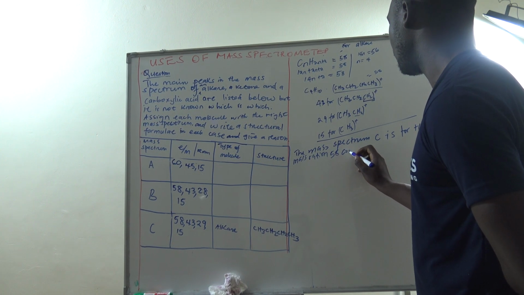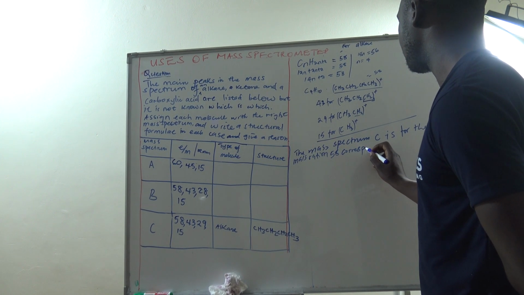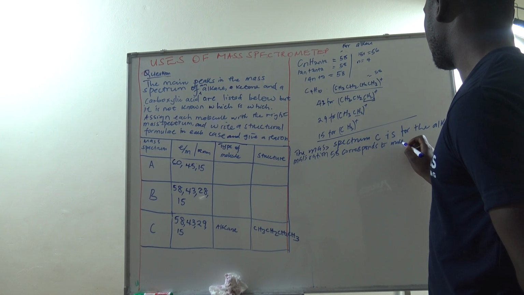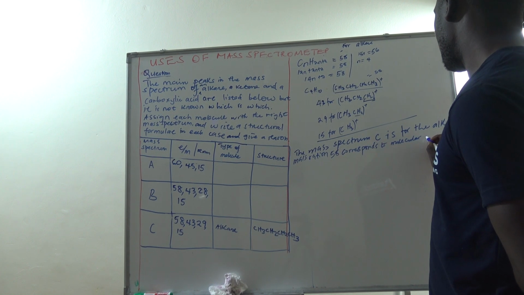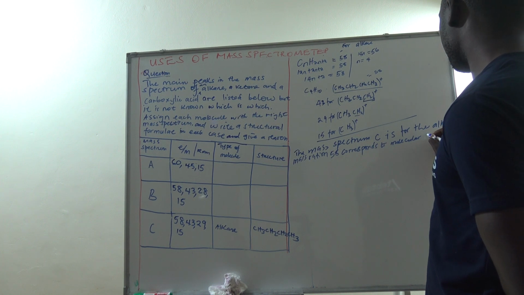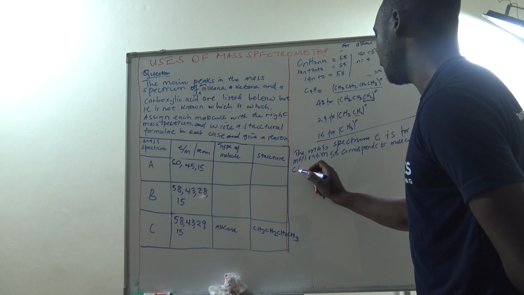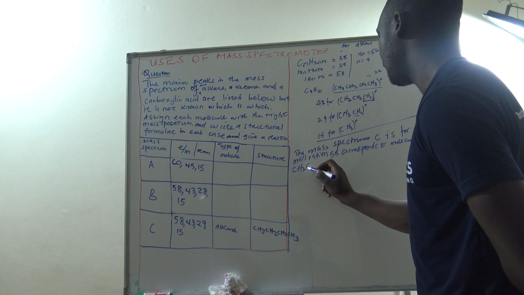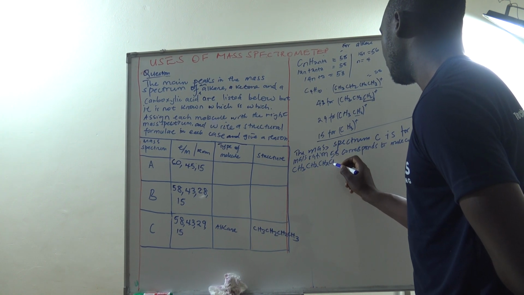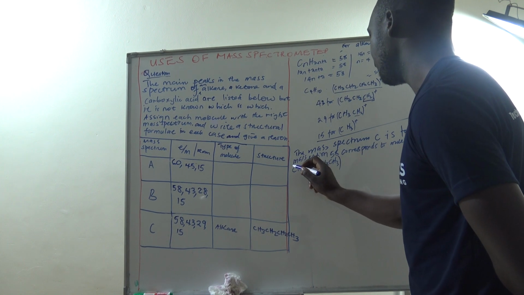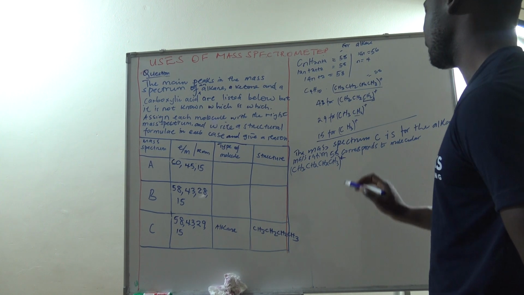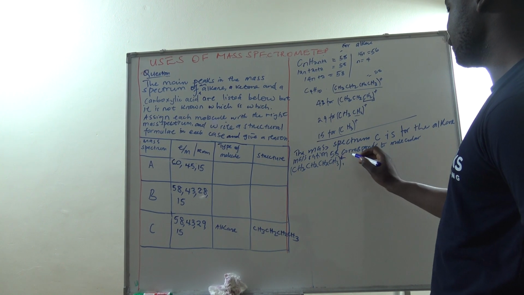58 corresponds to the molecular ion CH3, CH2, CH2, CH3. When we say molecular ion, and we said all these ions produced in the mass spectrometer are positive, then